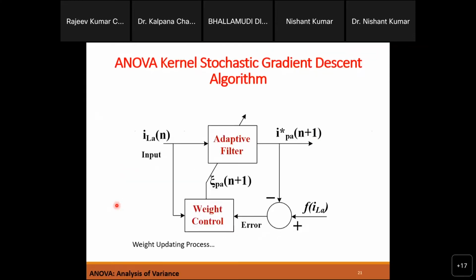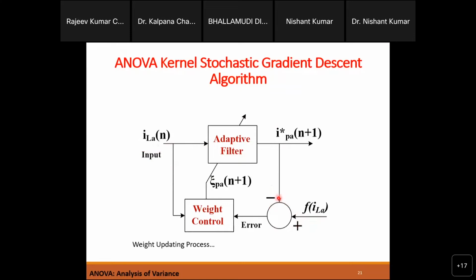So this entire operation is based on this, and this will look like an adaptive one. The data is coming, meaning the current is going to come, which is our load current, and then this load current is filtered out. This filtering is based on our techniques, but after the filtering, whatever component we get, we will compare with the actual one. So we compare what we predict with what is actual.